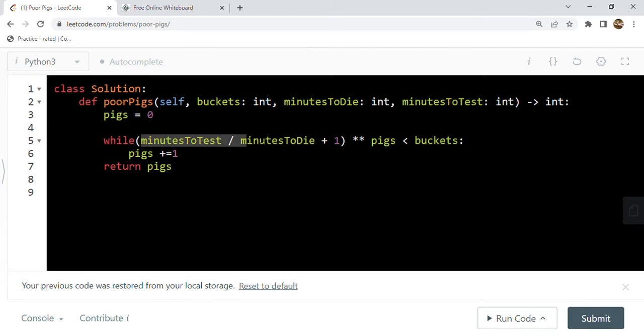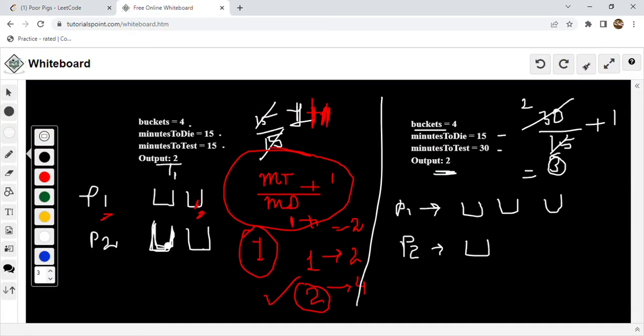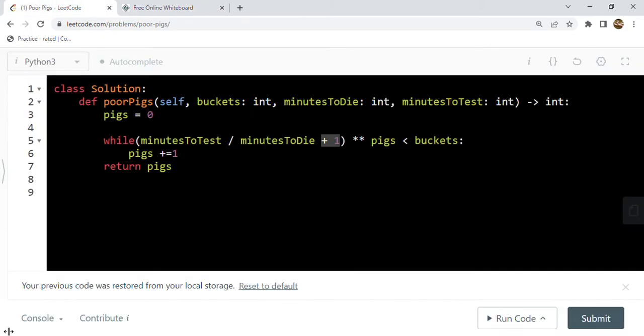Okay, this plus 1, since the pig can check one extra bucket. So this is raised to the power of number of pigs. Until this sum is less than the number of buckets, we will increase